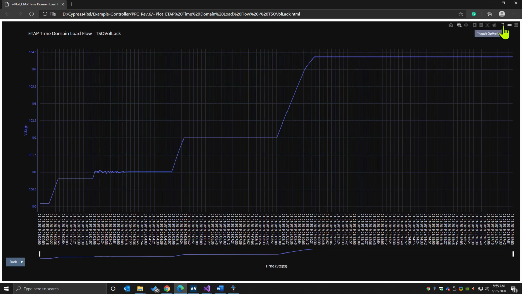So if you recall, originally our set point, once again, was 100%. So that's essentially what we can see at our initial condition. And at about 2 minutes or so, we sent a command to increase the set point to about 101%, which it's able to meet. And then at approximately 5 minutes, we sent another command to increase the rate to 102%. So we can see the ramp up to 102% at about 5 minutes or so. And approximately at 9 minutes, we sent a ramp once again to 105%. So we can see the step up and the time it takes to get to 105%, but we can see